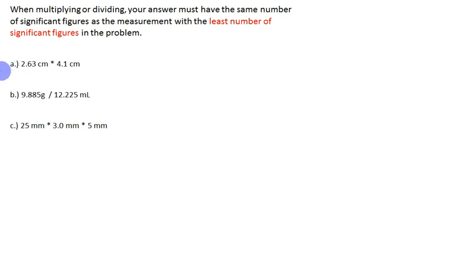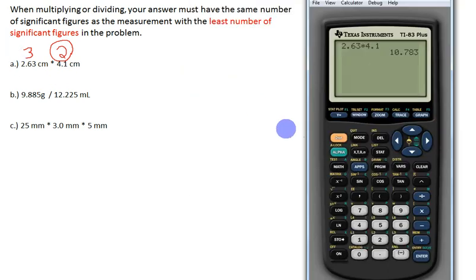So, example A right here, we can see that 2.63, the first measurement, has 3 significant figures in it. And the second measurement, 4.1 centimeters, has 2 significant figures. That means that 2 being the least number of significant figures in either of the measurements, 2 will be the number of significant figures that we round our answer to. So we can go ahead and type this in a calculator. 2.63 times 4.1. And that'll give us an answer of